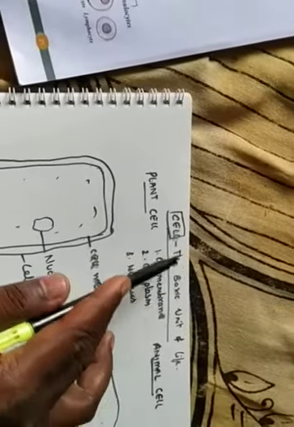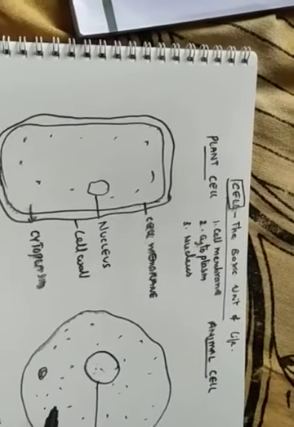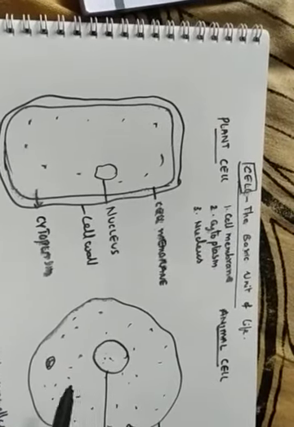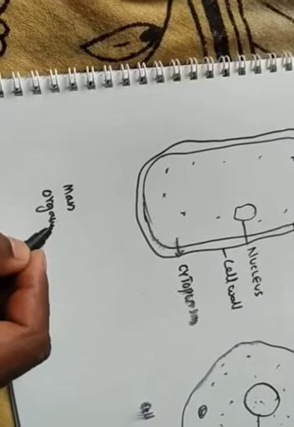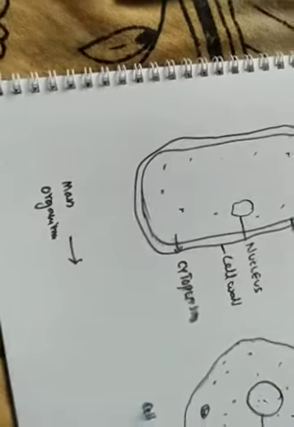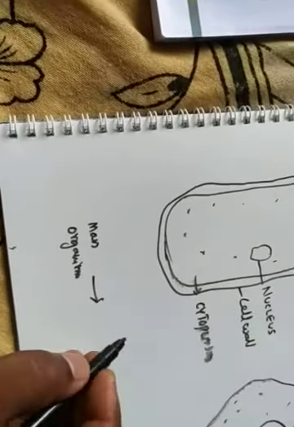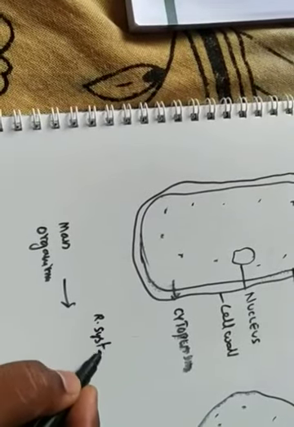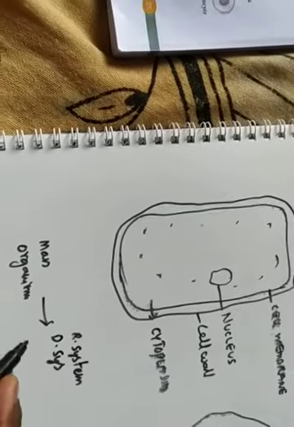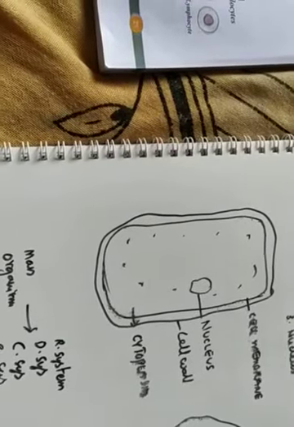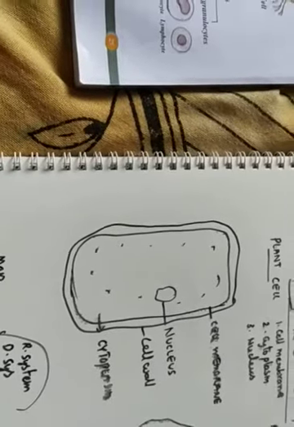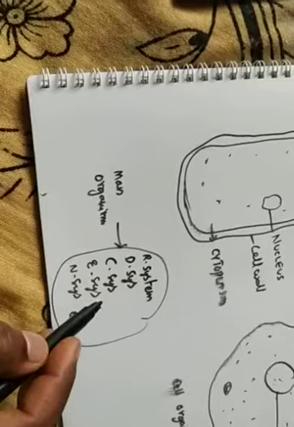Now why do we call the cell a basic unit of life? Because whatever the cell does, whatever function the cell has, based on that the organ will do. For example, already in the last class I explained to you. For example, I am taking man. He is an organism, a living organism, isn't it? This man is made up of different organ systems like respiratory system, digestive system, circulatory system, excretory system, nervous system, etc. Like this, different systems are there in the man. When all the systems are there, the man is formed.